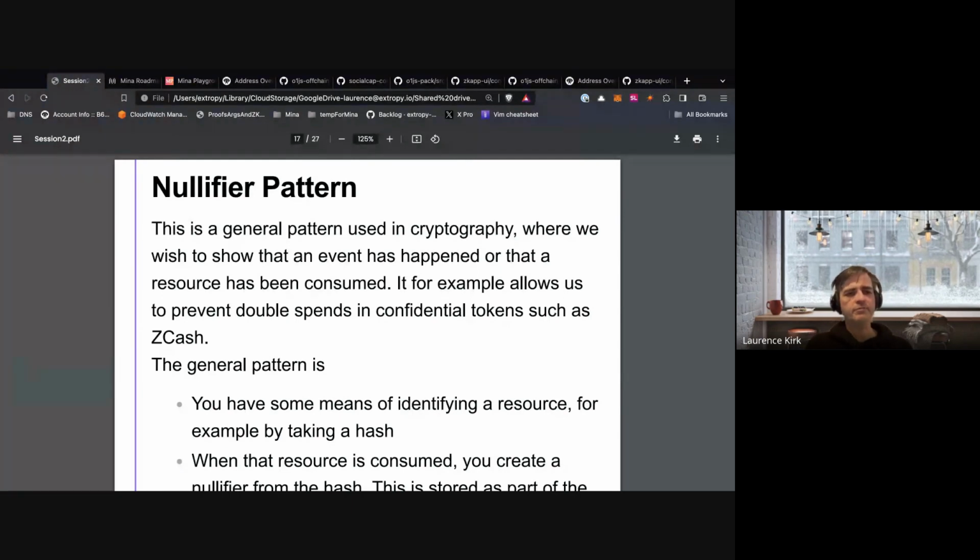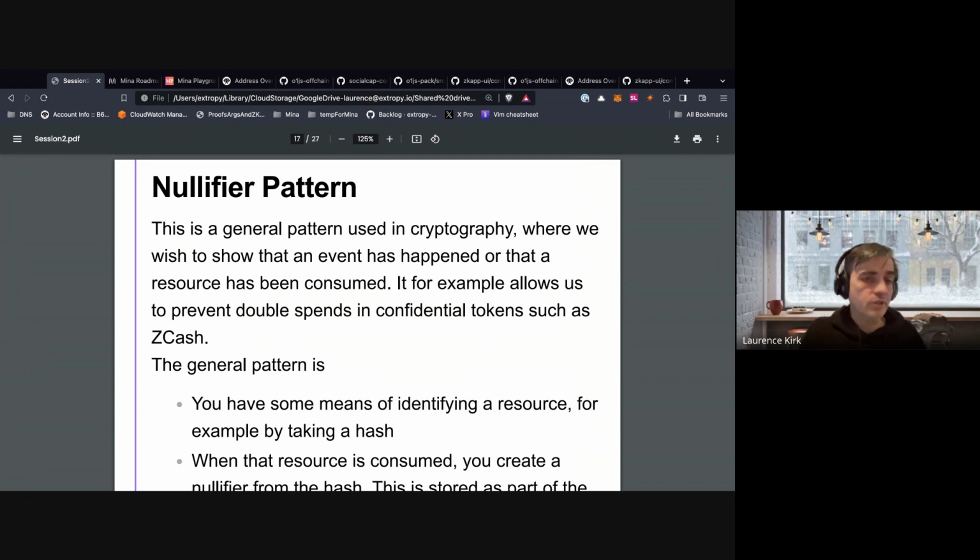I think it's a kind of pattern that I like to keep at the back of my mind because it solves some use cases in quite a neat way, and it's a little bit difficult to explain because it is quite general and it could be used in all sorts of different ways. So one of the easiest ways to describe it, I suppose, is to say how it is